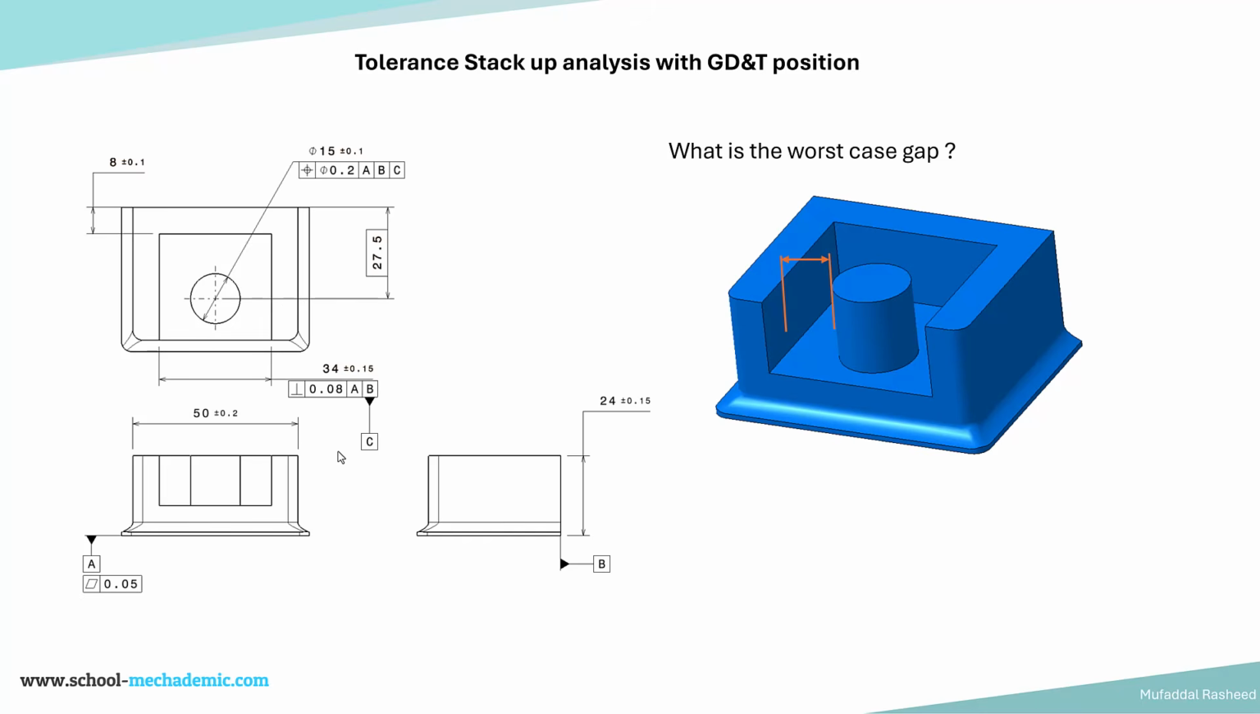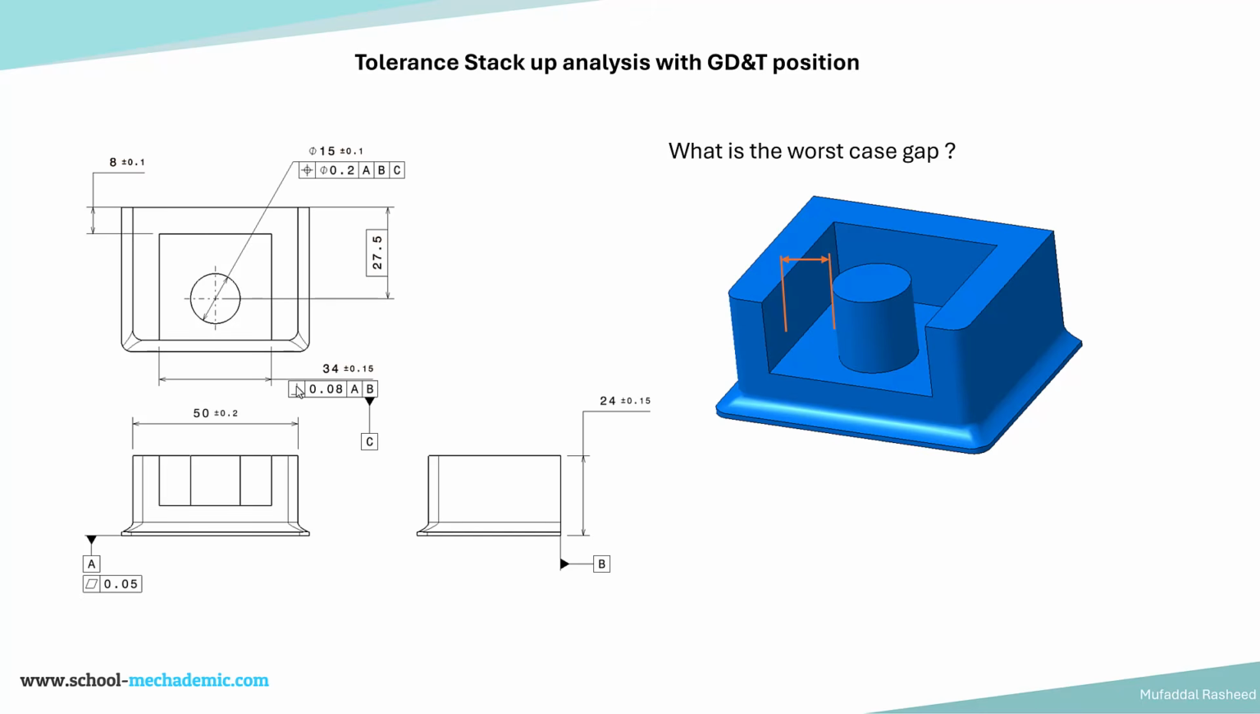First, the primary datum feature A, which is at the base surface of the part, the bottom surface of the part, that is primary datum feature A, which has a flatness control of 0.05. And then secondary datum feature B is a surface which is perpendicular to datum feature A, which is the back surface. So this surface at the back, that is the datum feature B. The size or the height of the component is controlled by this 24 plus or minus 0.15. And then